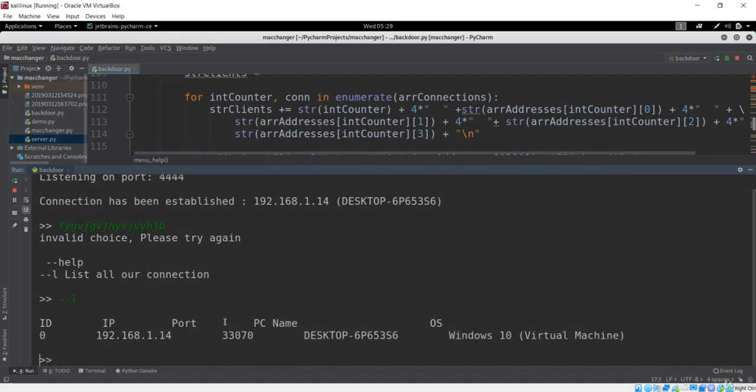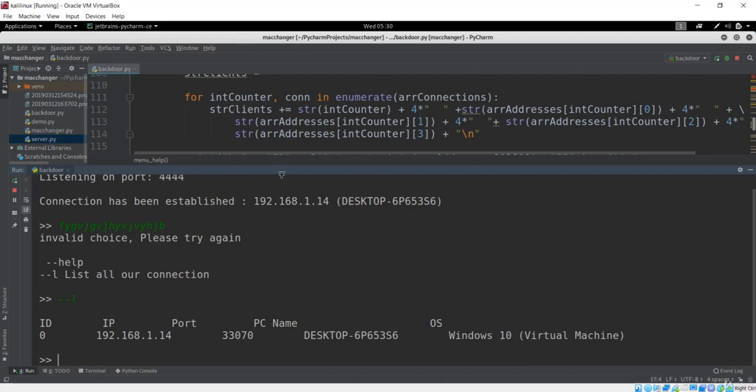You could see this has now been formatted, and basically it has shown some of the fields misplaced, because this name should be over here, and OS is basically this Windows 10. You could see it has shown this virtual machine, and it is perfectly correct because I'm on the virtual machine. It has shown this port it is communicating to, and basically you can see that these are the IP addresses. So that means that this is our connection. You can clearly see this is our list of connections that is available,